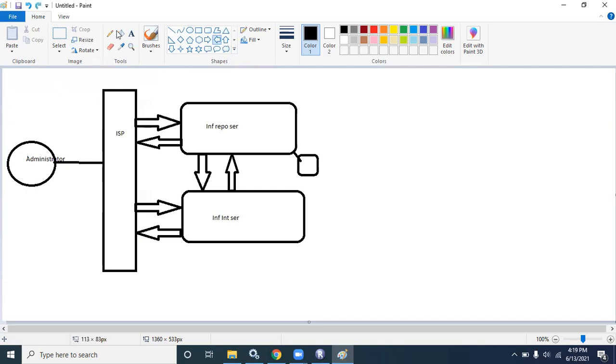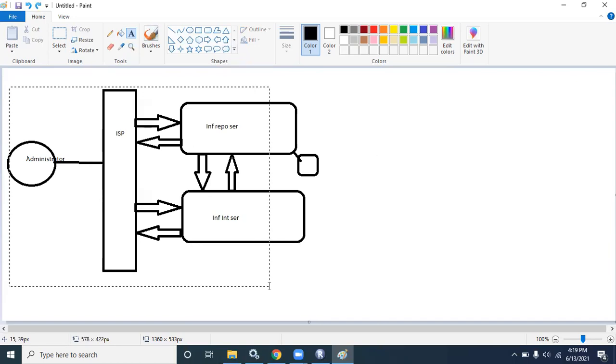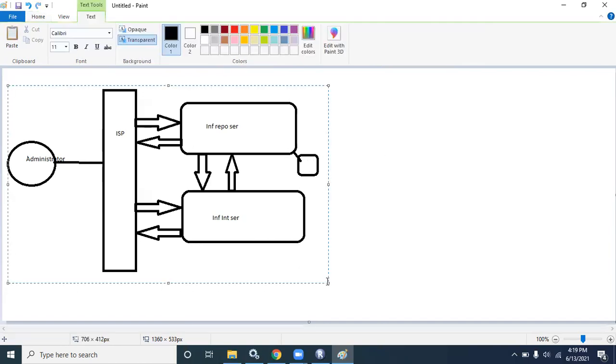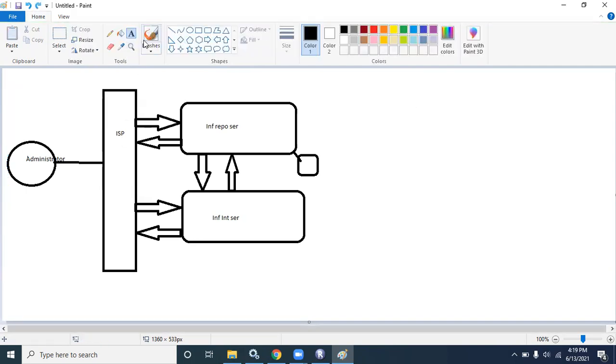In the server, only these many things will come. Two services will come. One is the ISP, which is in invisible format. It is invisible; we can't see those things.